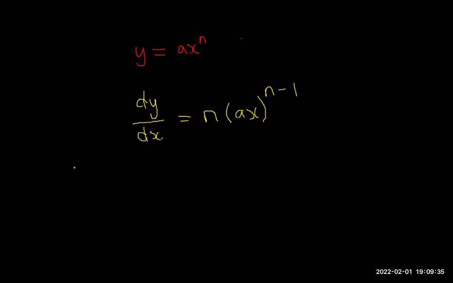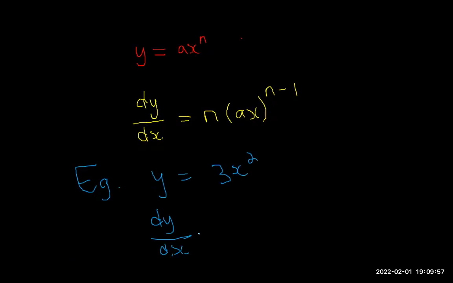Just to give you context on how exactly that's applied, let me show you an example. Say I have y is equal to 3x squared. I told you that this is my equation, y is equal to 3x squared. And I asked you to find the gradient function, which is dy on dx. Following this rule, what you do, you take the power and you multiply by the expression, right? So 2 is my power, so I'm multiplying 2 by my expression. But then,